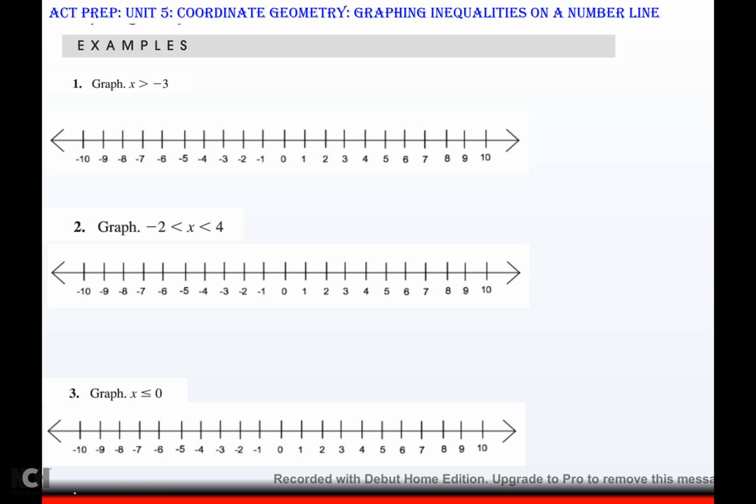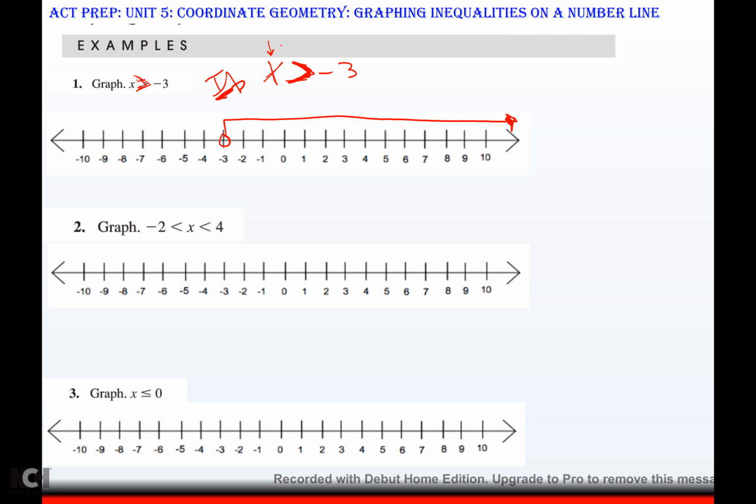Okay, so to graph x is greater than negative 3, there's no bar, so negative 3 is going to get an open circle. Since it's greater than, in other words, it's eating that, it says you go to the right. Now, be very careful, guys. The thing with inequalities is people assume that you can just color or shade the way that it points. And you can if